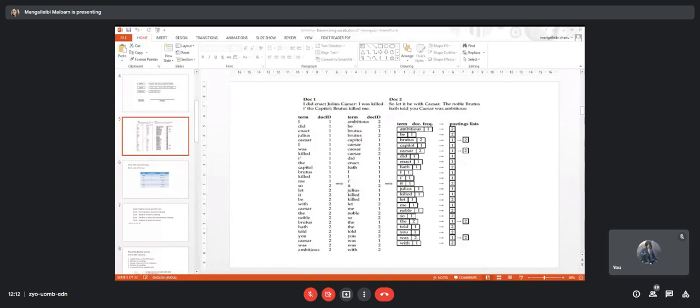Our collection consists of two documents, and each document contains some set of information. These informations are known as terms. So I is the term, dig is the term, make is the term. So initially what you have to do is you have to write all the terms and you have to write